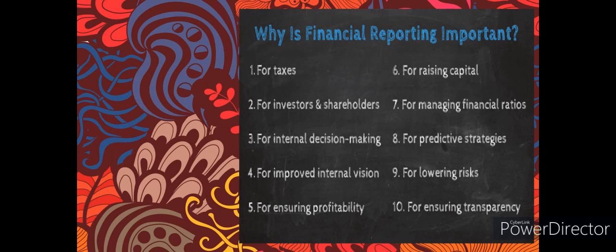Next is managing financial ratios. As we have learned about the various financial ratios, like working capital ratio, current asset ratio, debt equity ratio, profitability ratio, gross profit ratio, to manage all the financial ratios we need the financial reporting. These financial ratios are depicted in different bars or in a pie chart, so that whatever our specific point is, we can focus on that.